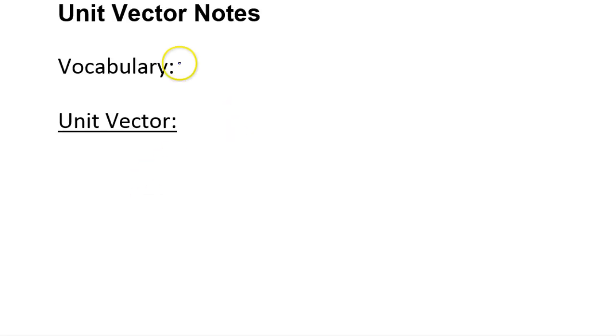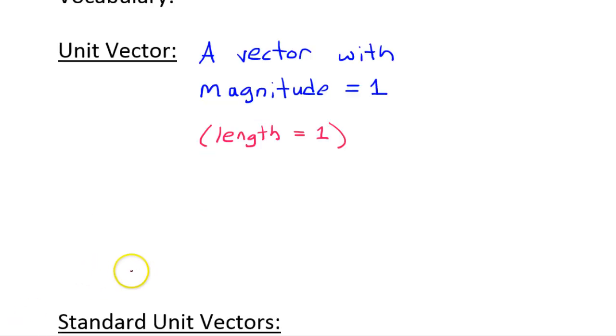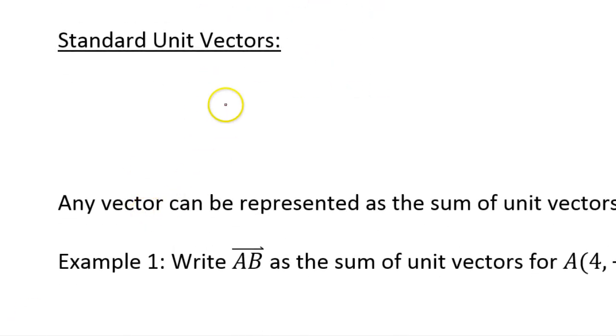Well, this lesson is about unit vectors. A unit vector is just a vector with magnitude equal to 1, so a vector with length 1. Okay, so we've got two standard unit vectors. We've got the horizontal unit vector,